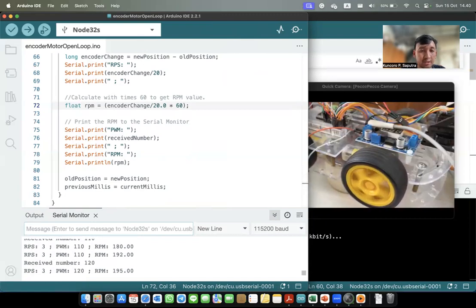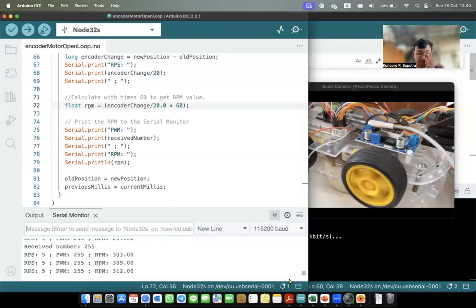110, 120, 130, 140, 150, 160, 170, 180, 190, 200, 210, 220, 230, 240, 255.